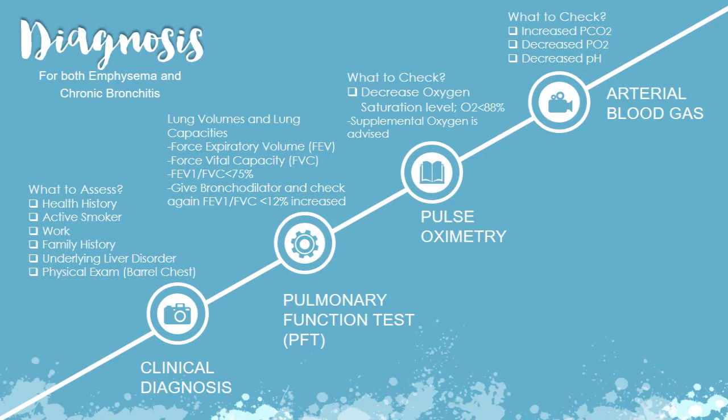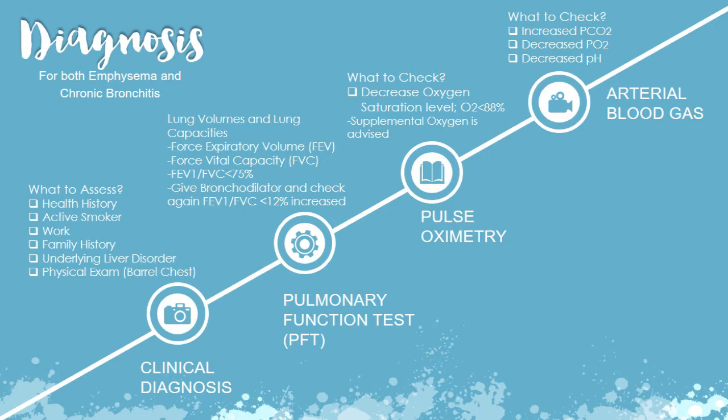Another is the PFT, or the Pulmonary Function Test, which is the gold standard in diagnosing COPD. We are going to assess their lung volumes and lung capacity, specifically FEV1, or the forced expiratory volume in 1 second, and FVC, or the forced vital capacity. After determining this data, we are going to divide it. And if the result is less than 75%, it is positive for COPD. It can be asthma, emphysema, or chronic bronchitis. But to ensure whether it is emphysema or chronic bronchitis, we're going to give the patient a